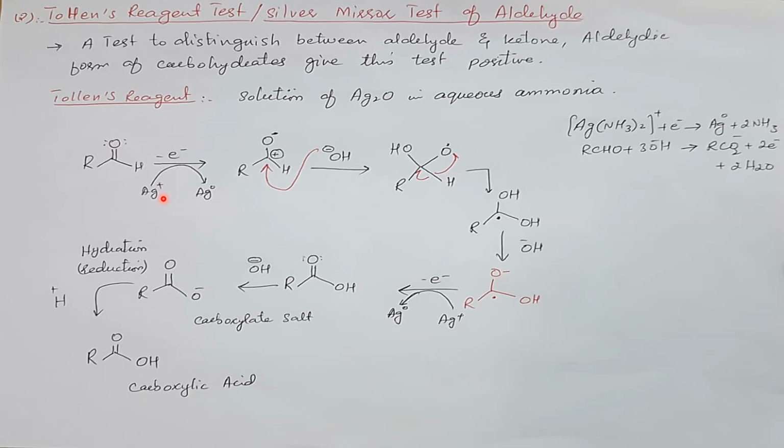And this Ag positive, because I have stated firstly that this reaction is specific for the silver one oxidation state. So silver plus one will convert into silver zero, meaning it has taken up the electron. So this gets reduced. This is a reducing agent, but this will be oxidized, and later you will see in